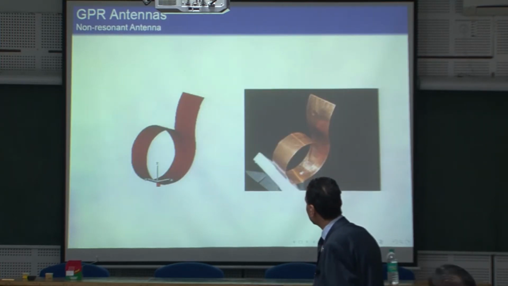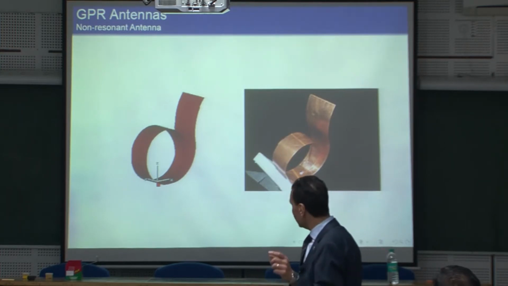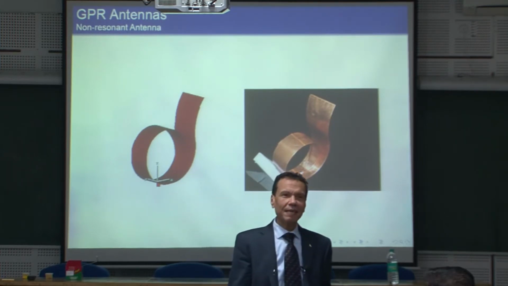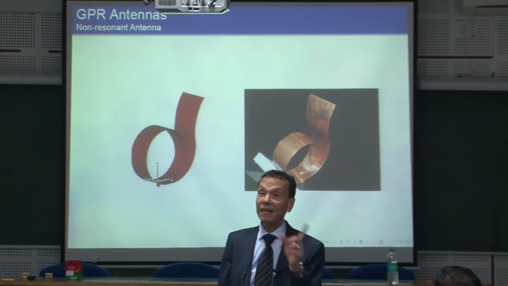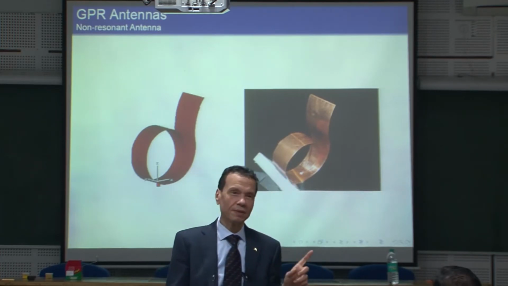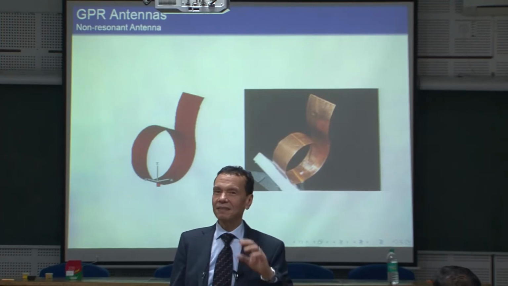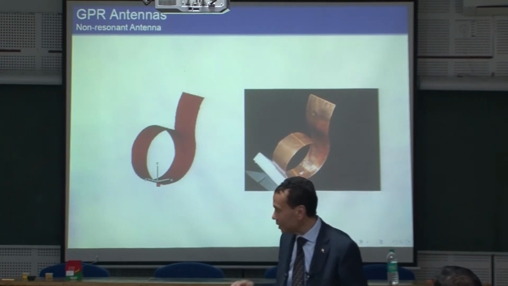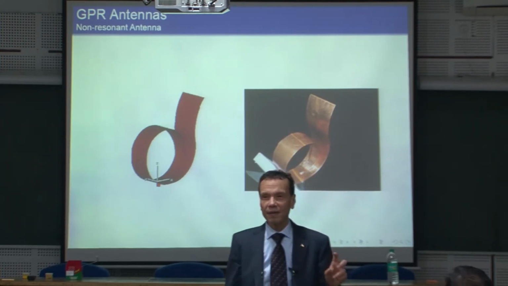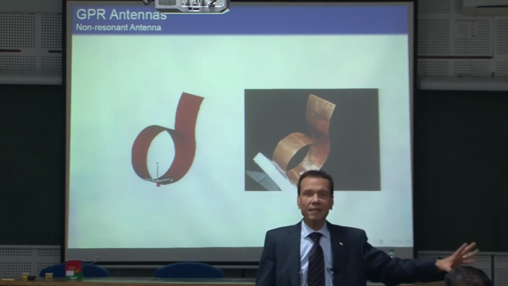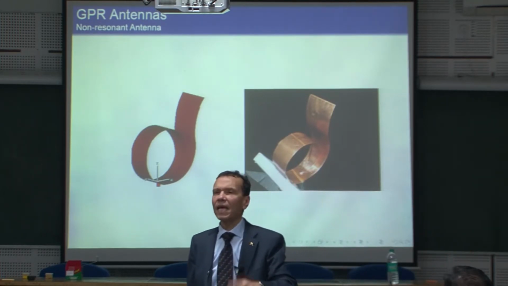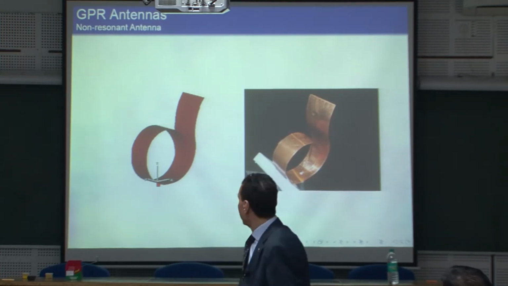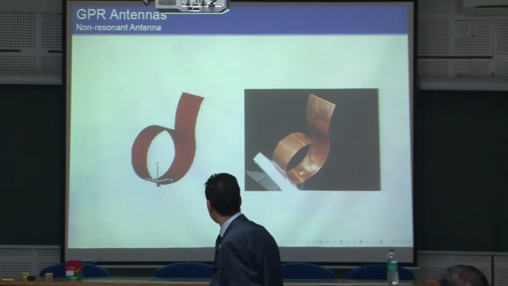So this antenna also has a story. We had a guest from Russia, Professor Kirov, I think he was called. And he came to us, and this was the result of military research in the time of the Soviet Union. They were very, very advanced in radar, especially ground penetrating radar. He was working for the army in the Soviet time. And then after the collapse of the Soviet Union, he was working as a professor. So, you know, cooperation between the universities and the army. And then he came with a very, very nice idea.